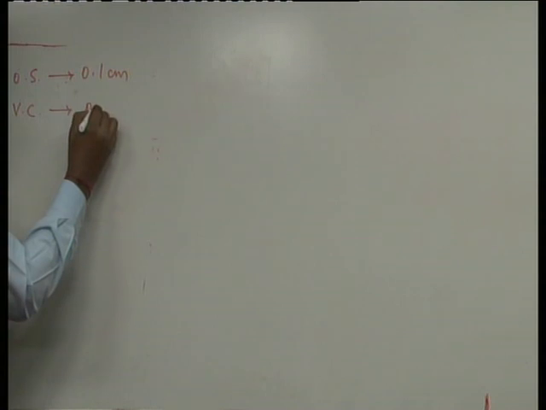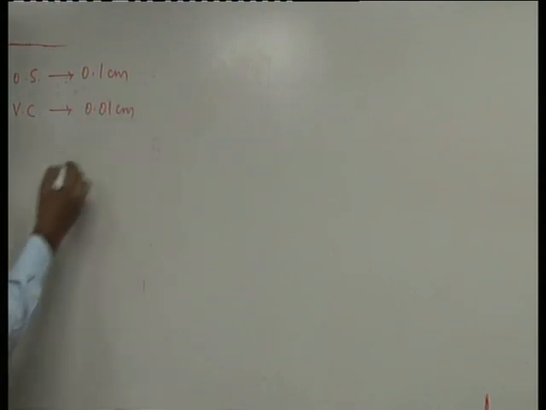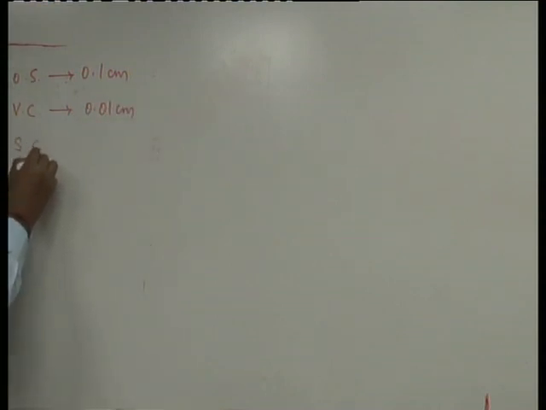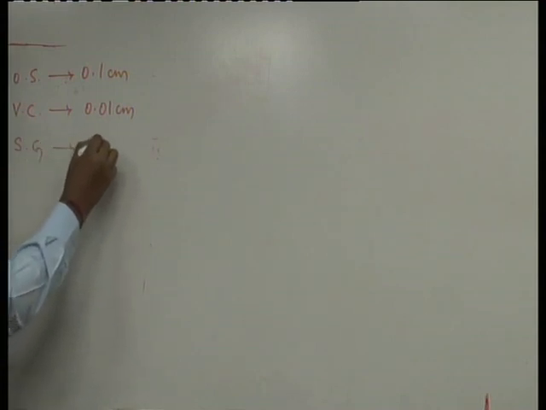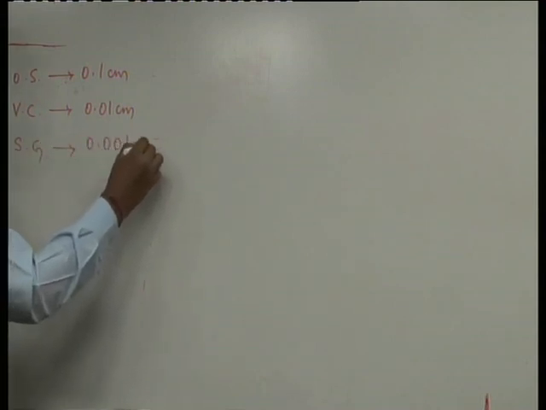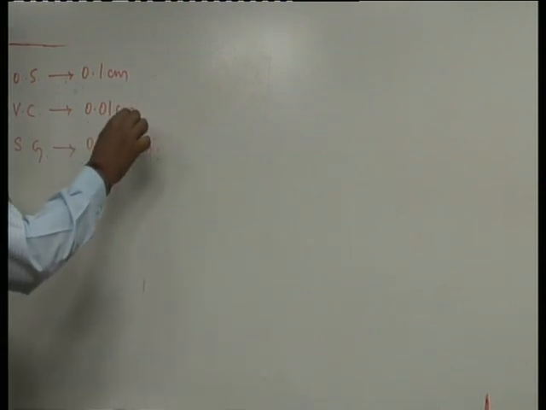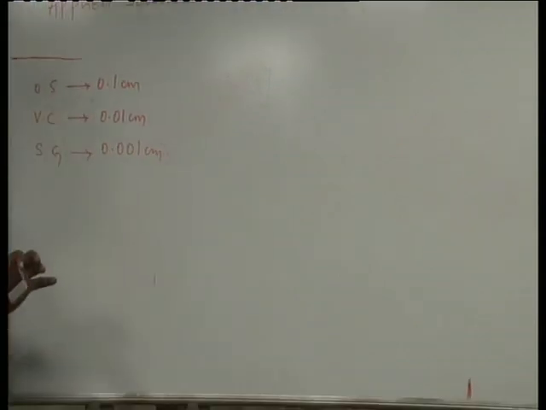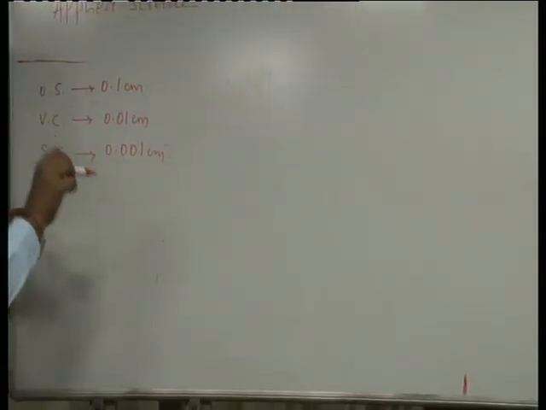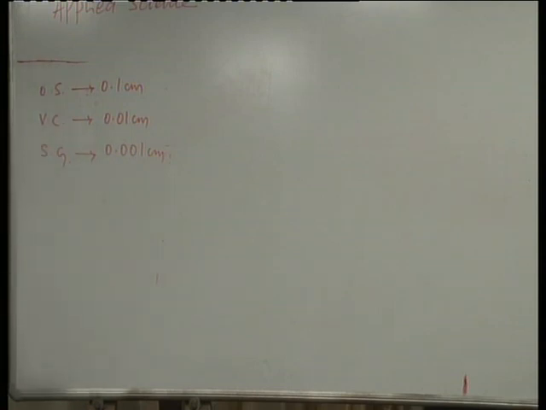So in the ordinary scale the least count is 0.1 centimeter, in a vernier caliper the least count is 0.01 centimeter, and in the case of a screw gauge the least count is 0.001 centimeter. But we know that a vernier caliper is more accurate than the ordinary scale, and a screw gauge is still more accurate than the vernier caliper. So you know the least count of all these three measuring instruments, which are used very frequently. Now, the question is: